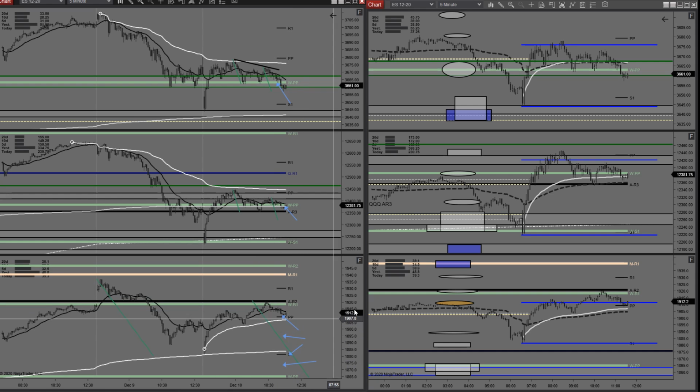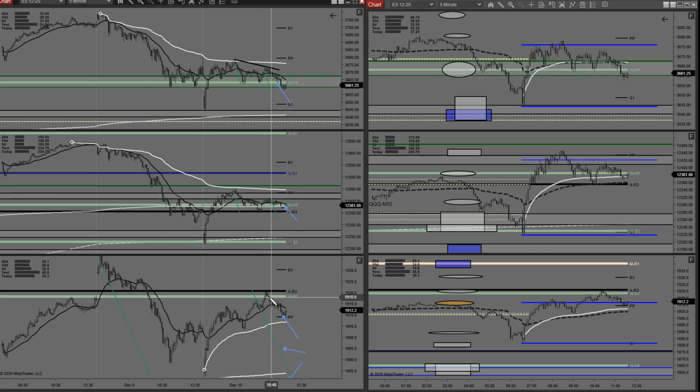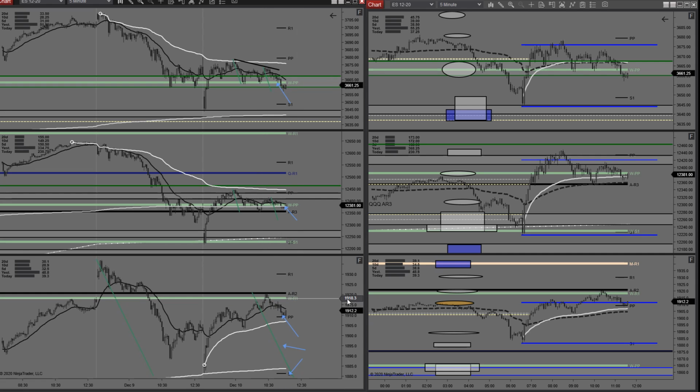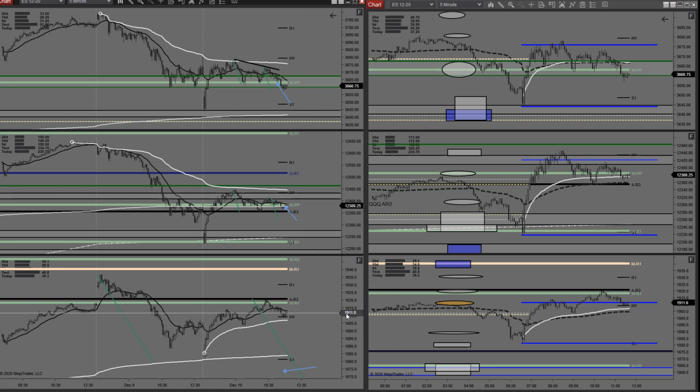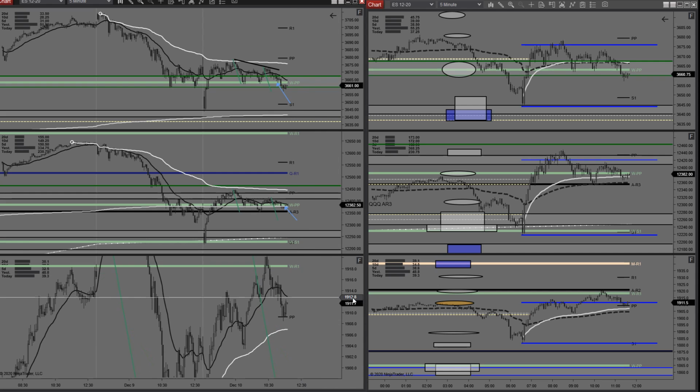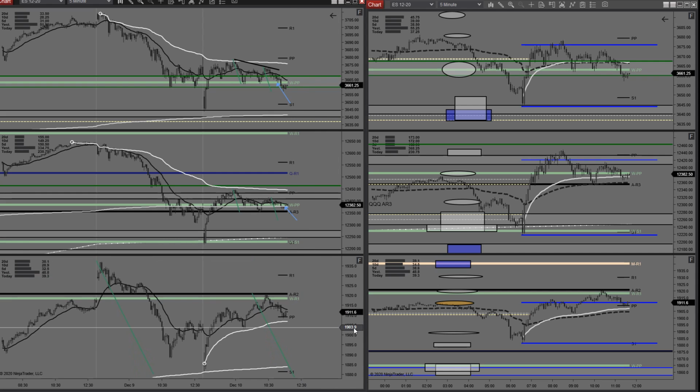So I'm going to have to ignore signals that are just as good as the RTY short I took here, AR2WR1. Does that mean that couldn't happen? Hell no. Could happen absolutely. But I need to be very specific. If I map that ABCD, that's not going to come easy. I'm reaching forward through unknowable time and a great span of price to map that. Totally valid, but just be cognizant of the sacrifice you're making in terms of signal resonance and certainty to play for something like that, because by definition, you have to hold through at least twice as many signals as the one that generated the trade that you're already in.